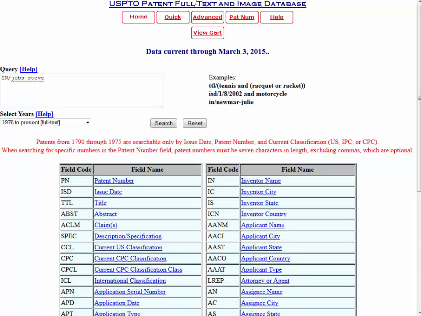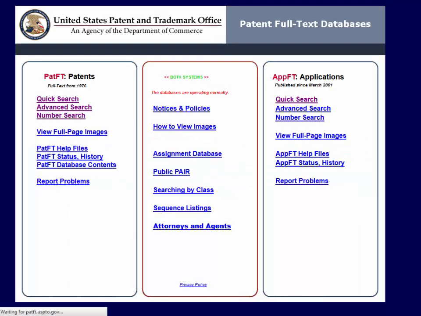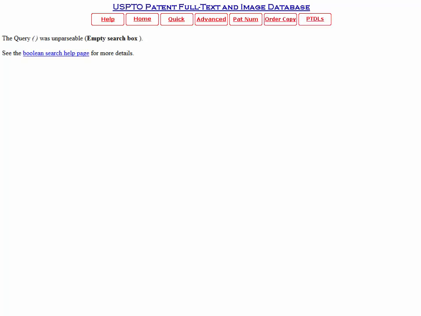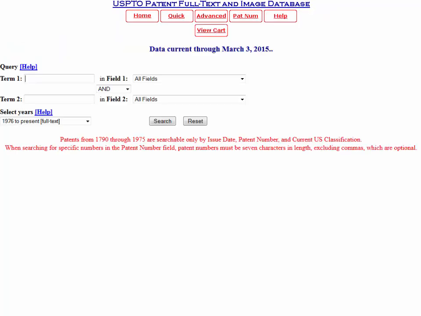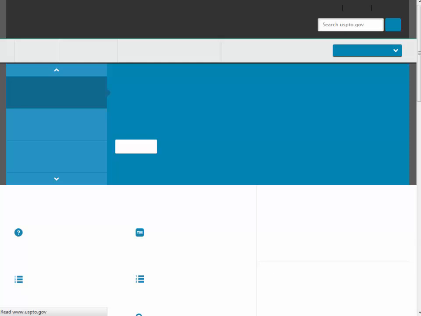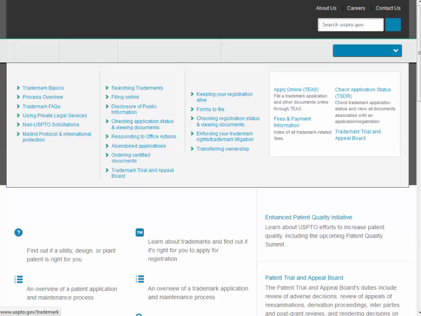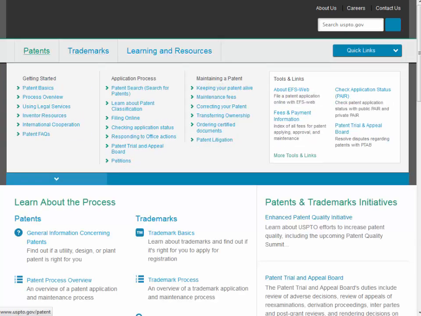Before I let you go free to do your own research, I wanted to bring your attention to, well, that's the old page. Okay, let me just go back to the USPTO's regular page, uspto.gov. Sometimes they have remnants of their old site on links, so sometimes you just have to start your search from the beginning. So we're going to go back to the patent page, well, the home page. We're going to click on patents, go to patent searches,